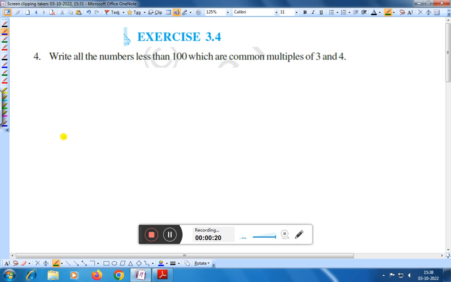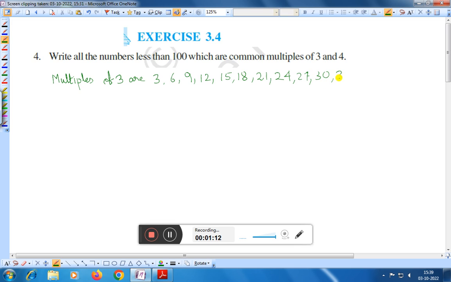We write the multiples of 3. The multiples of 3 are 3 ones are 3, 3 twos are 6, 3 threes are 9, 3 fours are 12, 3 fives are 15, 3 sixes are 18, 3 sevens are 21, 3 eights are 24, 3 nines are 27, 3 tens are 30,